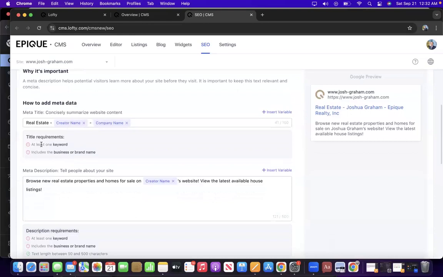And Lofty requires you to have at least one keyword, and also the business name. So your company name has to be there. And that's that Epic Realty Inc. It's just a variable that is predetermined by Lofty and it's required to be put into your title. So this real estate here, and I'll show you exactly why